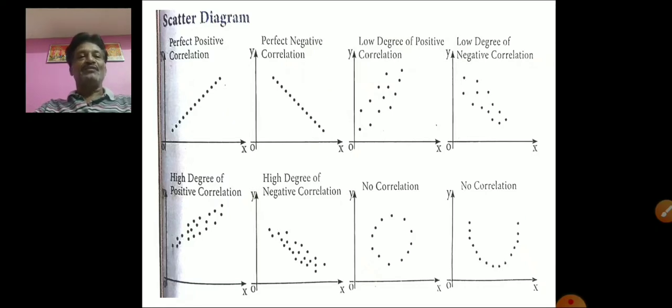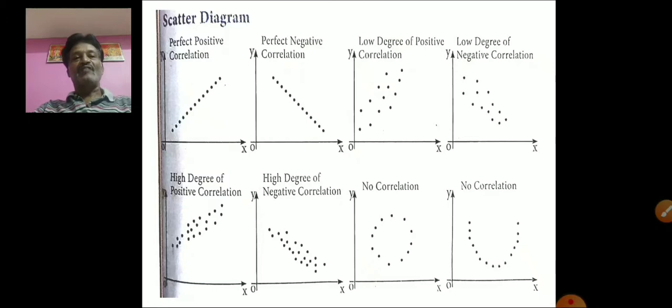Suppose we are not getting these types of curves or lines, and instead we get the points in a cluster, either in a U shape or a round shape and so on. At that time, we say there is no relationship between the given two variables. Here the R value is equal to 0. Here there is no correlation, which is otherwise called nonsense correlation or spurious correlation.